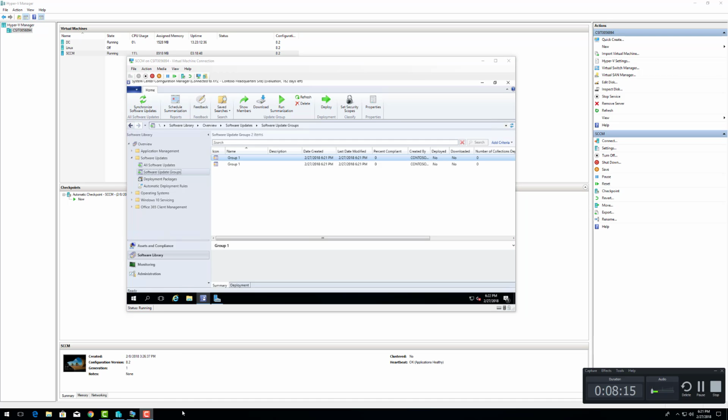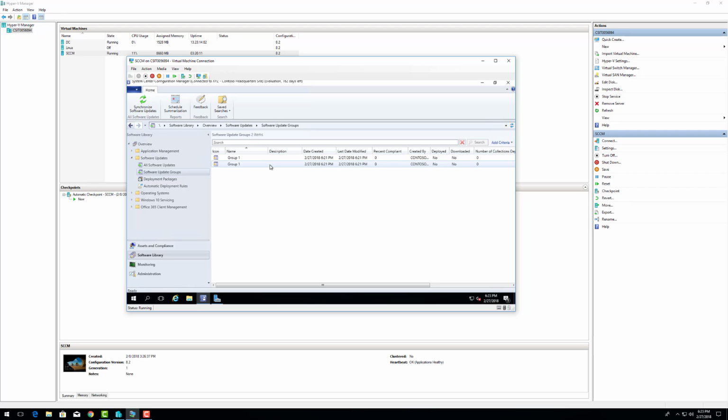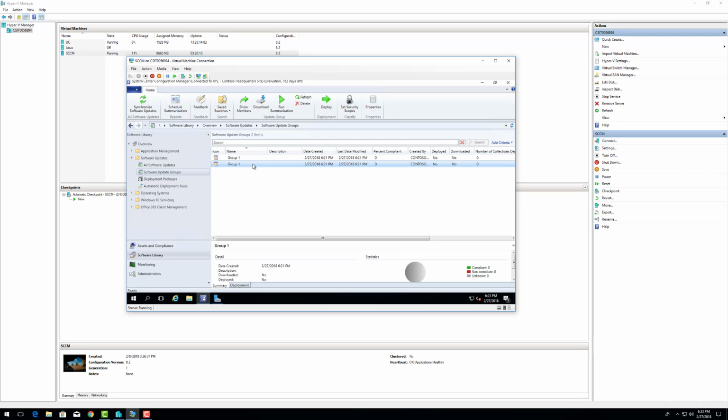I'm going to pause this for a few minutes. Okay, I don't know why there's two groups here, so I'm just going to delete one of them. I'm not sure why two groups showed up, but now that I have this group and I have a